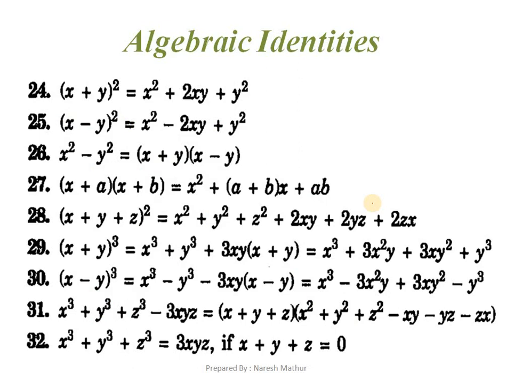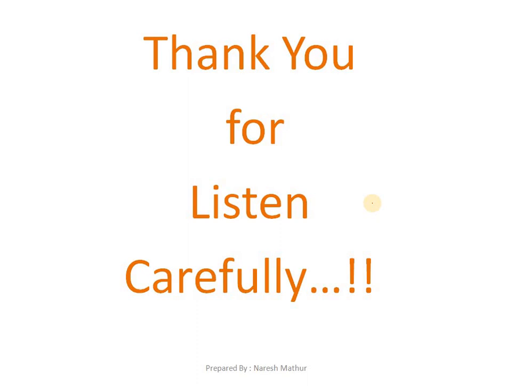Now you need to learn the very important algebraic identities. Just learn these identities by writing them 3 or 5 times, whatever suits you. Just read it and write it. Just note it. Alright, it will be very helpful for you. So this is all about this chapter which we are going to deal with. I hope you understand whatever we have discussed here. Just learn and revise all the concepts. Thank you for listening.